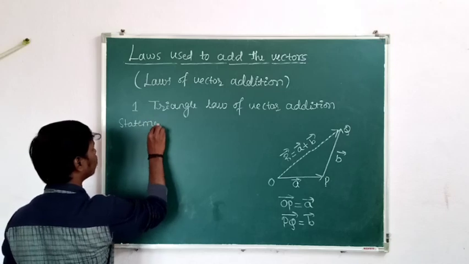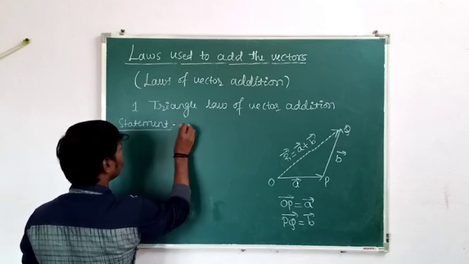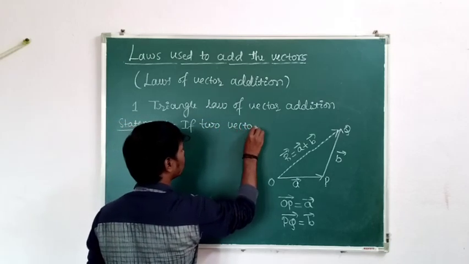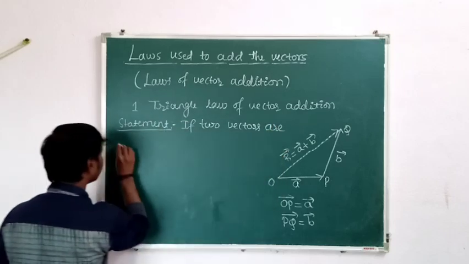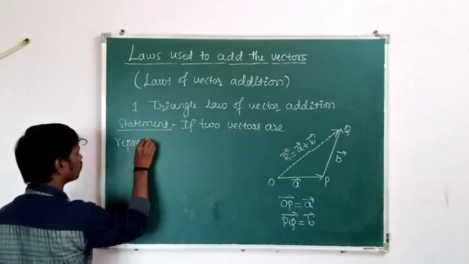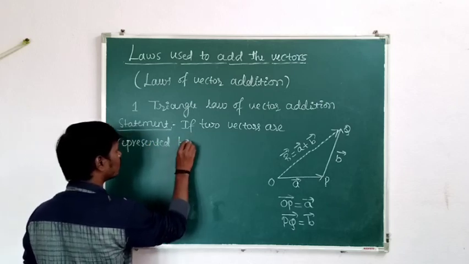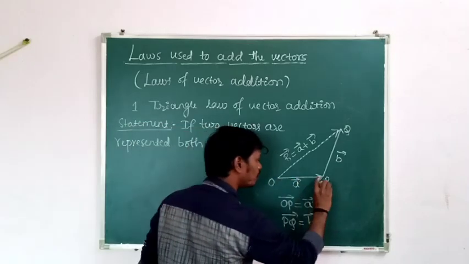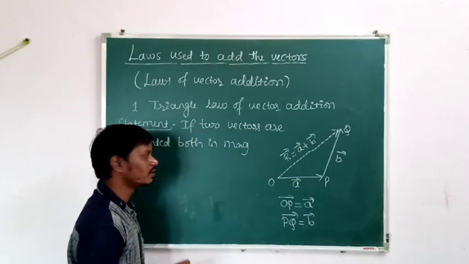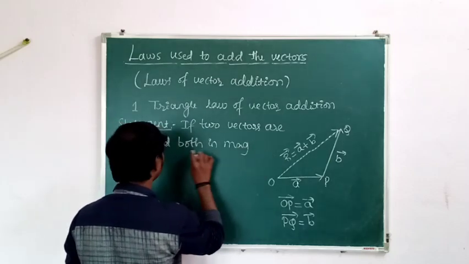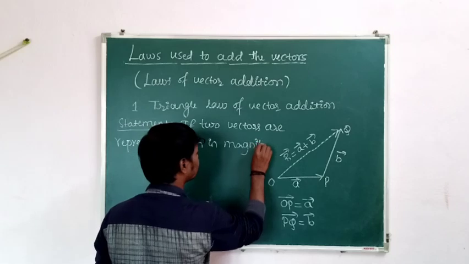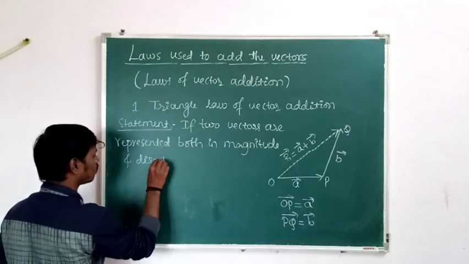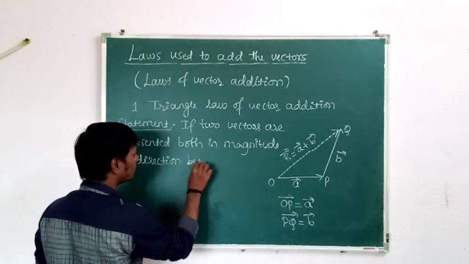Statement: if two vectors are represented both in magnitude and direction by the two sides of a triangle,